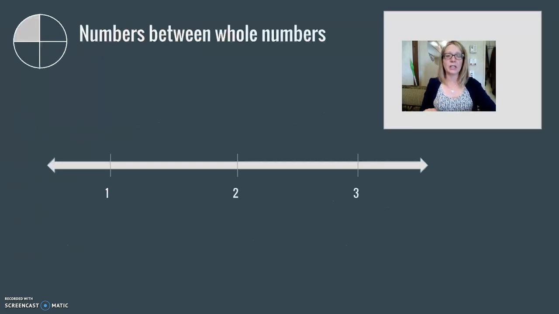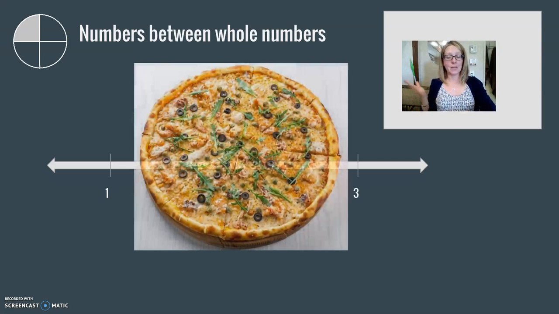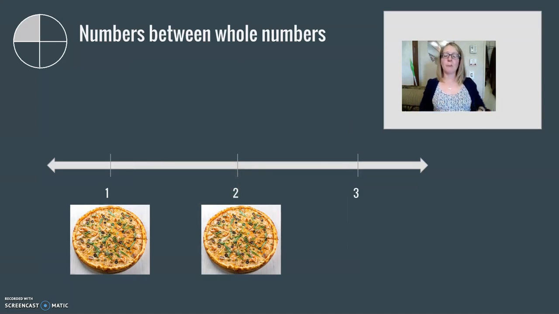So jumping right in, I have a number line for you. And on the number line, I've included 3 whole numbers. I've included the number 1, the number 2, and the number 3. And we're going to be talking about pizza today, because who doesn't love pizza, right? In our example, we're going to have 2 whole pizzas. So if you were to go to a party and there were 2 whole pizzas to start, you would see, like, well, if we were counting them, there's 1 pizza under the number 1, 2 pizzas under the number 2,